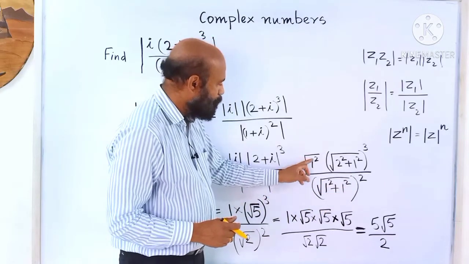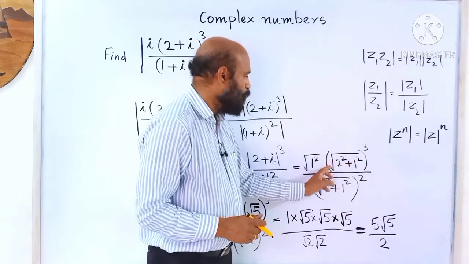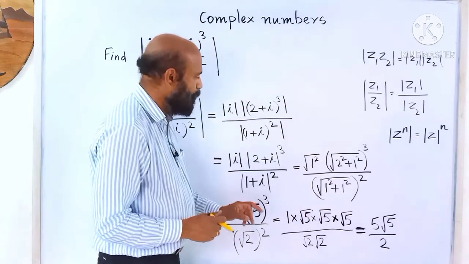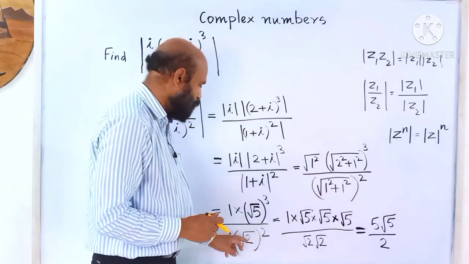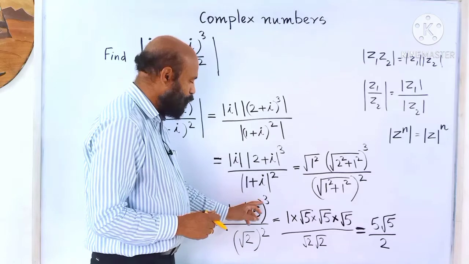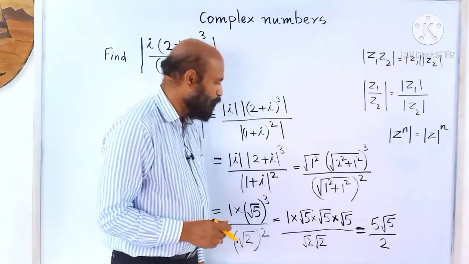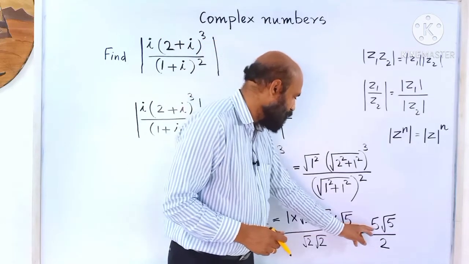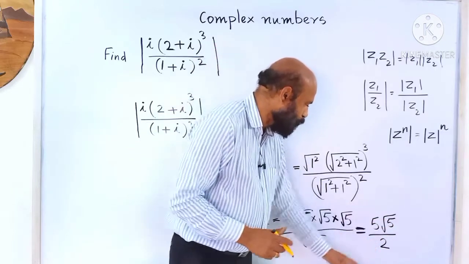Now square root of 1 square is 1. Here 4 plus 1, 5: square root of 5 cube. Then here 1 plus 1, 2, so it is root 2, and it's a square. Square root of 5 cube can be written as root 5 into root 5 into root 5. Then root 2 into root 2. So root 5 into root 5, that is 5. Then 5 root 5 divided by root 2 into root 2, 2. So that is the